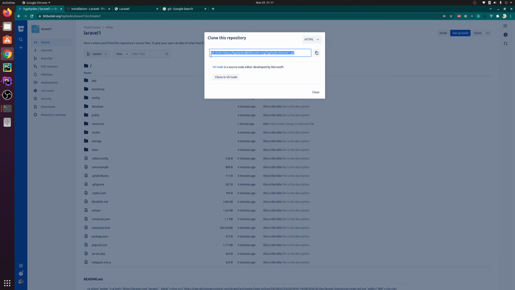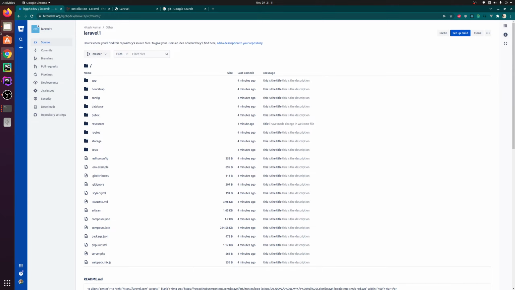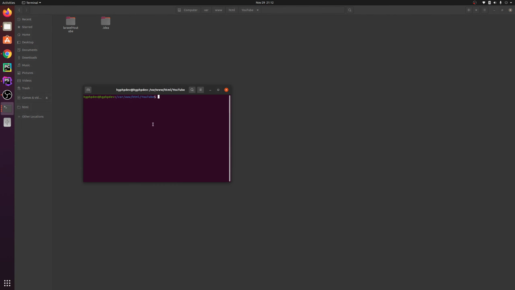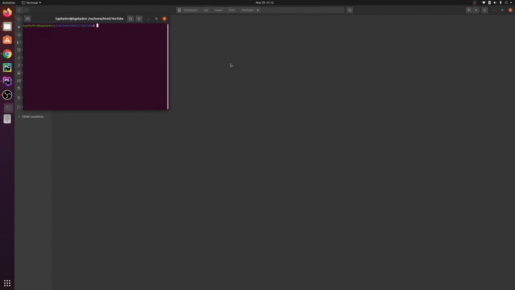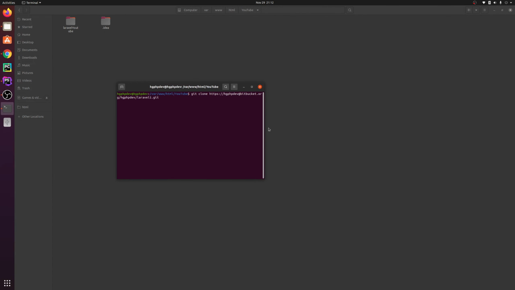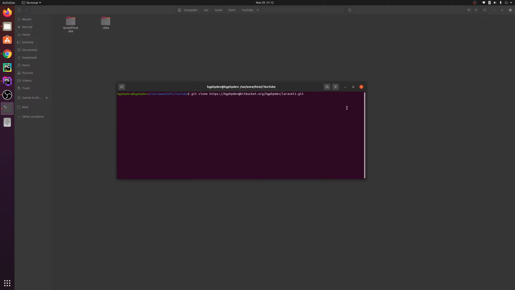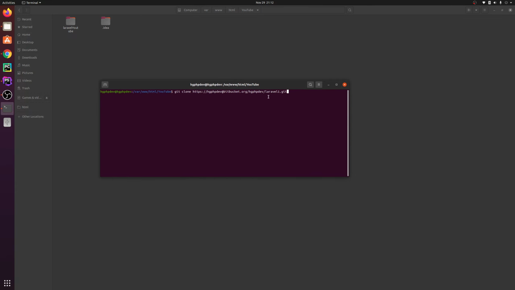Copy this git clone URL, go to your project folder, open up terminal, paste the URL and the name. I already have the name Laravel YouTube, so I'm changing the name here. If you don't change the name, it will automatically create a folder with the same name as your repository. So hit enter and it will create Laravel 1 as the repository name.